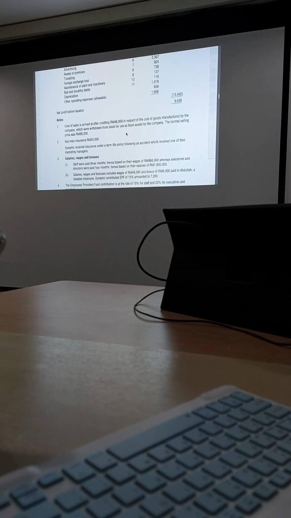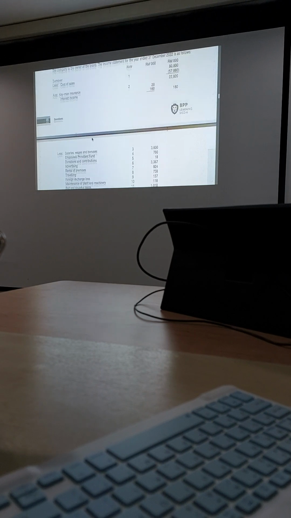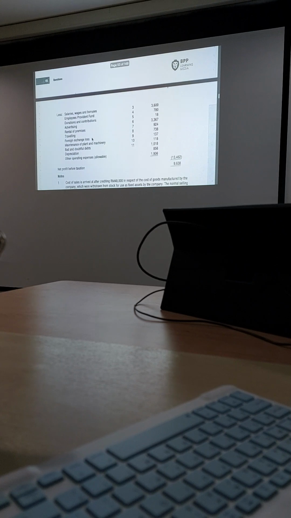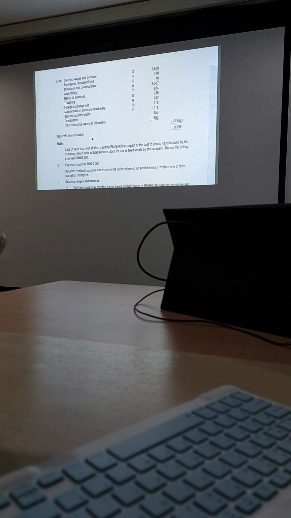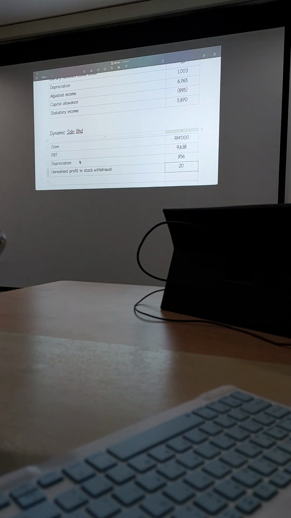Okay. Keyman insurance, 20,000. How? Add back? Yes. Tolak ke? Finance insurance. Keyman, add back? Minus. Minus ya? Why minus? Dah tolak lagi kena tolak lagi ke? Ni business insurance. Sebab dah tolak. So, dah tolak kan? Is it deductible? Answer yes, no. Deductible? Yes. So, answer would be nil.